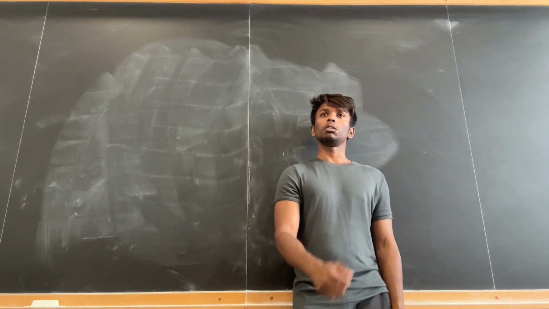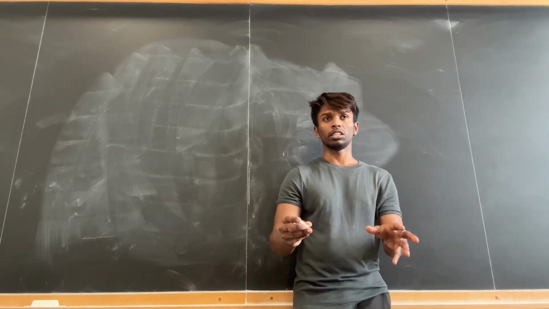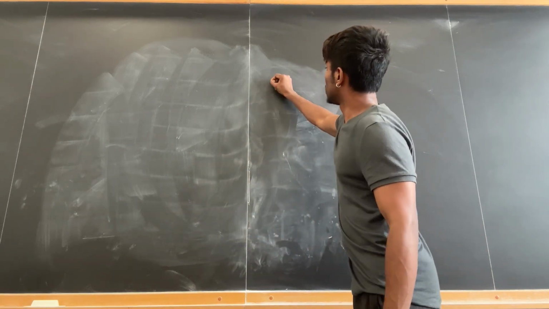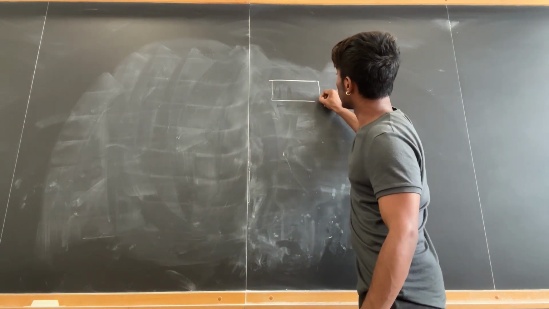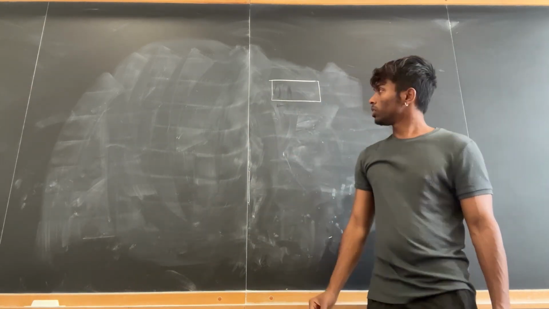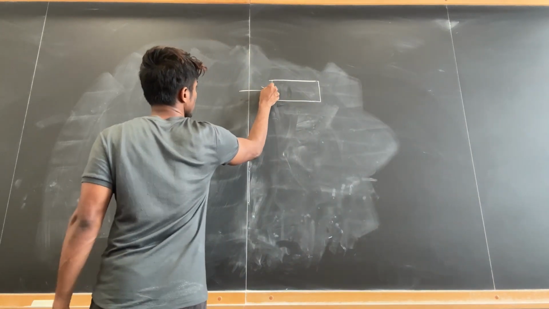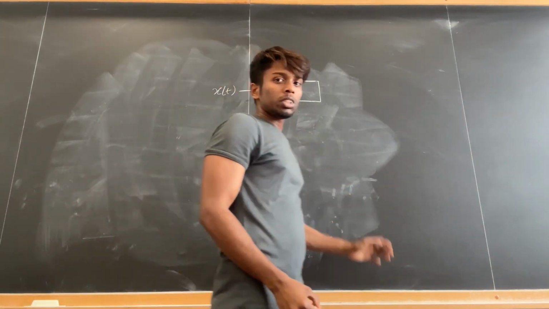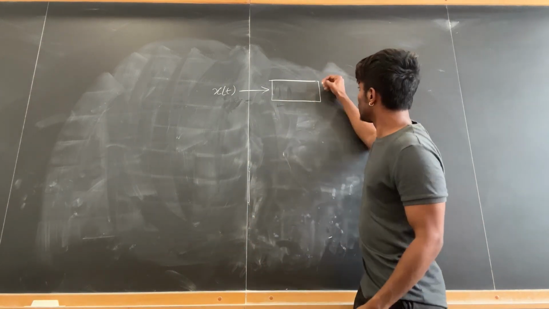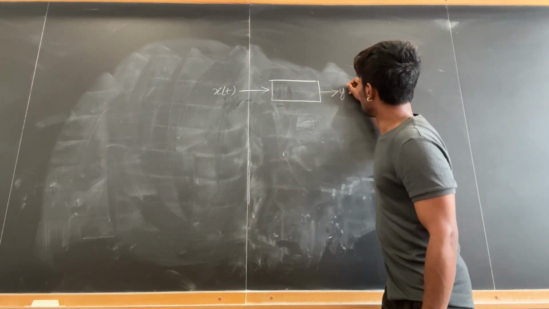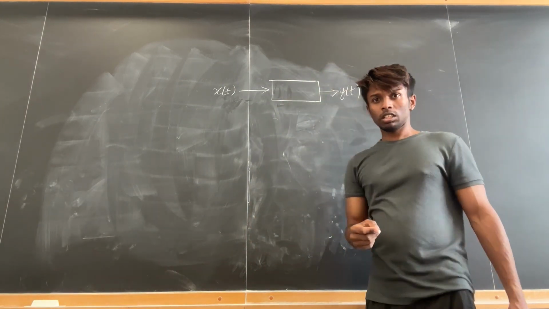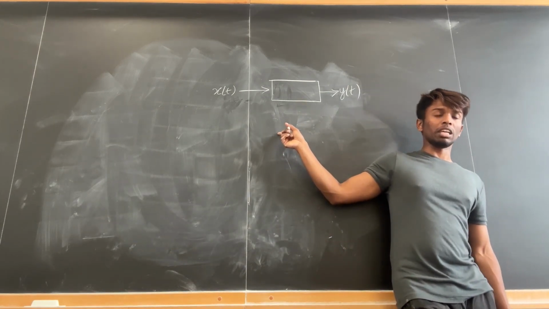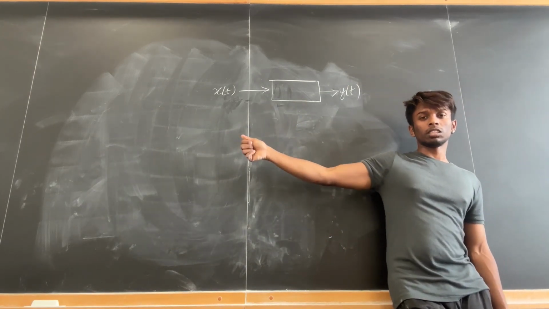Now what do we mean by a linear system? So let's understand a system in its block representation. So a system is there that is a block. This is a system. Now there is some input to the system, that is a signal which is x(t), and the system computes something on the input and gives an output which is the signal y(t). Now this system can be a linear system and also it can be a time invariant system based on certain